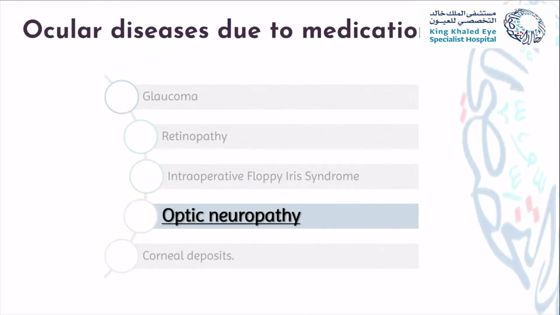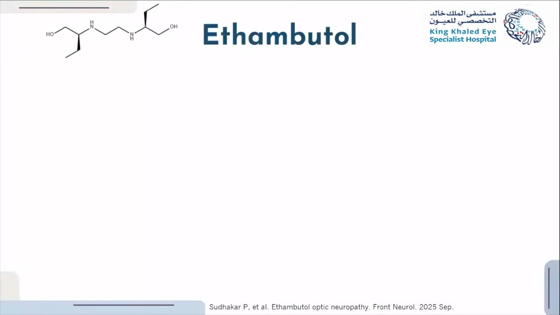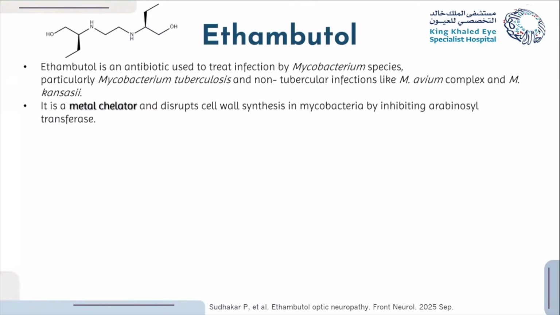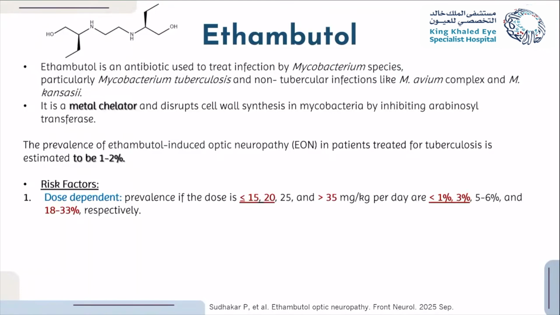Let's go to the next disease, which is optic neuropathy. I will discuss ethambutol, isoniazid, and linezolid. So ethambutol is an antibiotic used to treat mycobacterium infection, either Mycobacterium tuberculosis or non-tuberculous, and it is a metal chelator agent. The prevalence of ethambutol-induced optic neuropathy is about 1 to 2% of the patients, and the risk factors